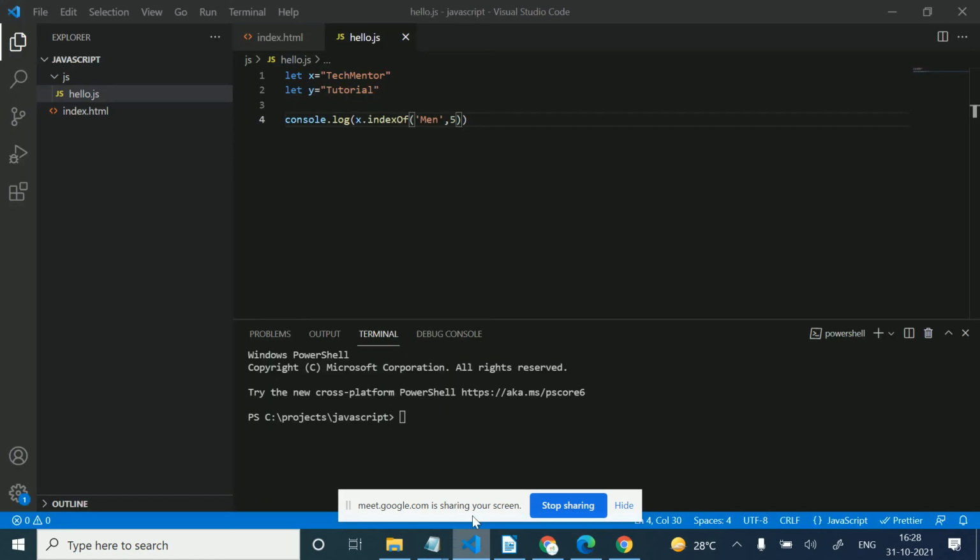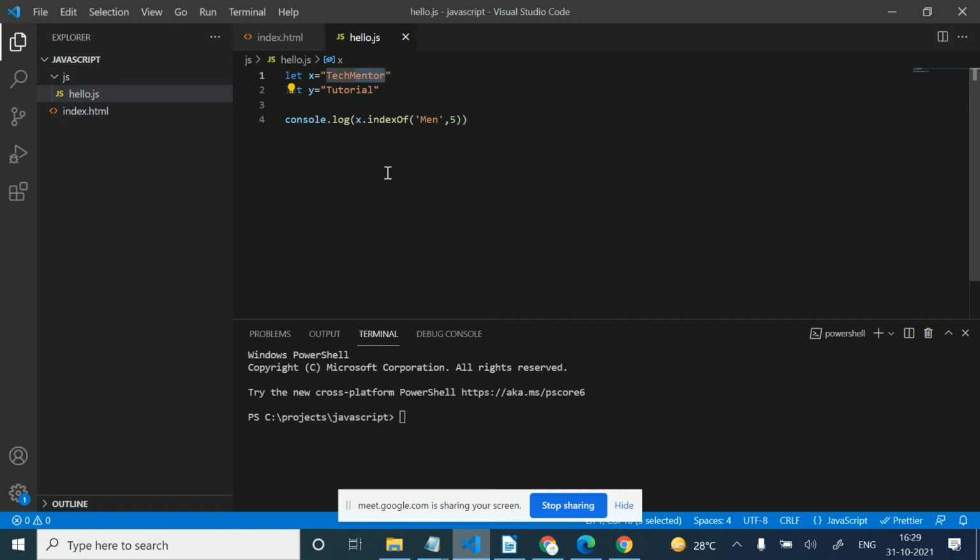If our substring does not exist, then I will get -1. Five means it will not consider the first 5 characters, T, E, C, H, M, indexes 0, 1, 2, 3, 4. It will search from here.